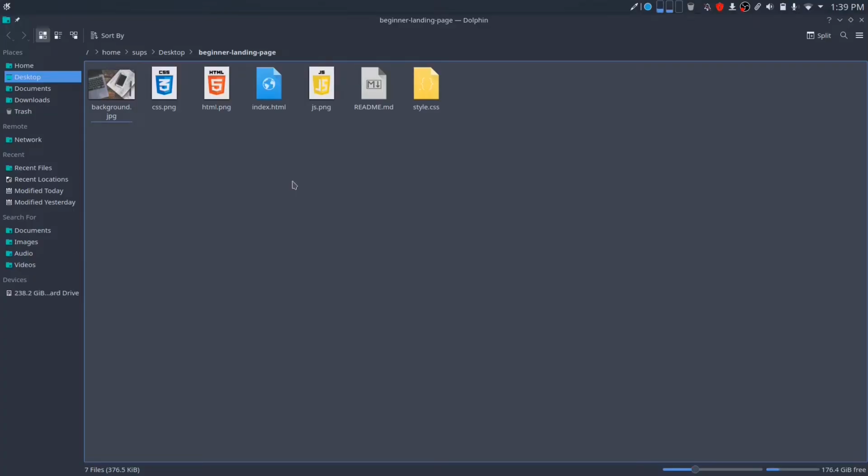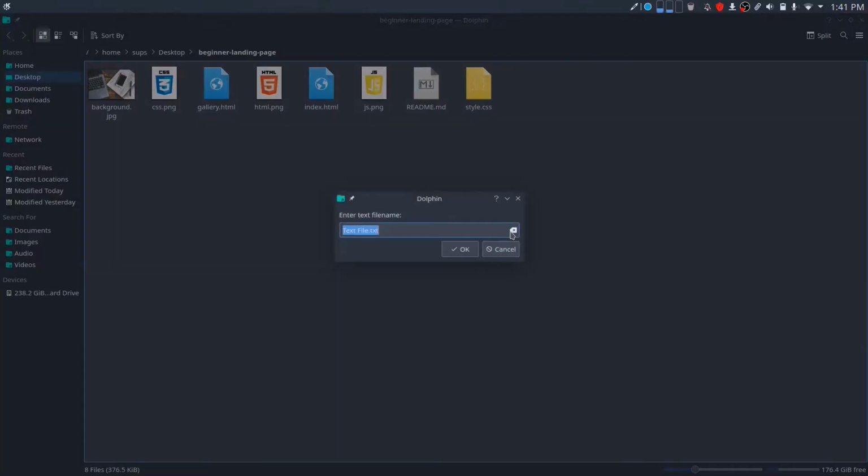Our web page from the last video already has two sections. So for this gallery, I will create a new HTML file in the project folder. I will also have a new CSS file for the gallery. I could link to the same style.css and write styles for the gallery there, but I think having a separate CSS file for the gallery will make it organized.